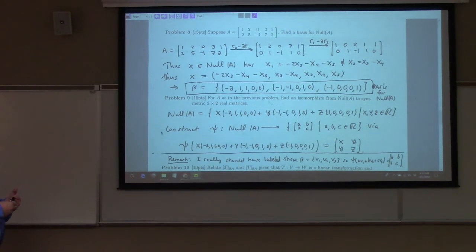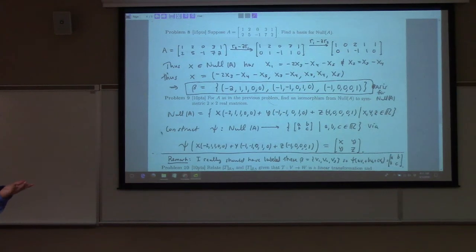Problem 9, I think about 2 people got this, maybe. I don't remember. Not many. So for A as in the previous problem, find an isomorphism from the null space of A to the symmetric 2 by 2 real matrices. So the one thing you should take away from everything else about isomorphism is that basically to judge whether or not 2 vector spaces are isomorphic, it is just to ask the question,